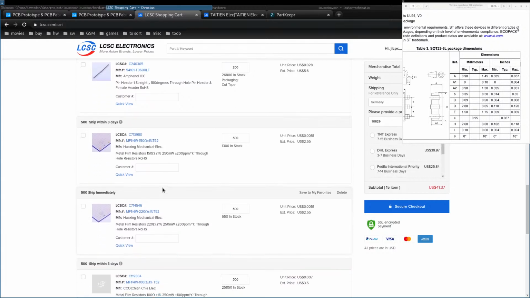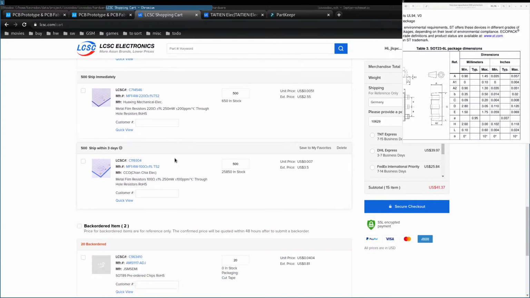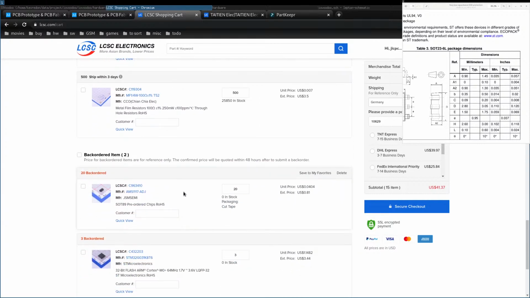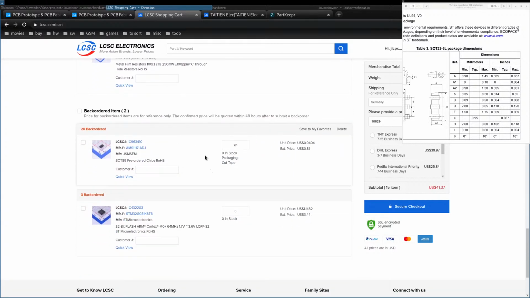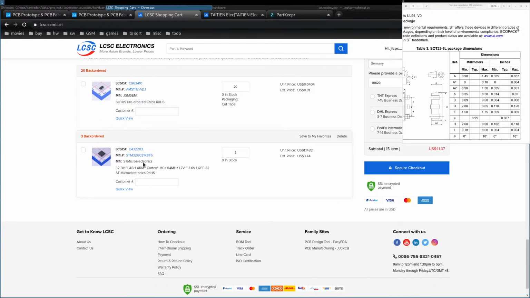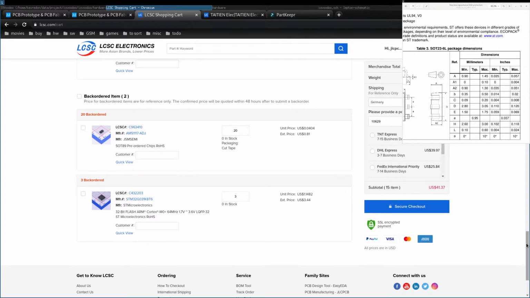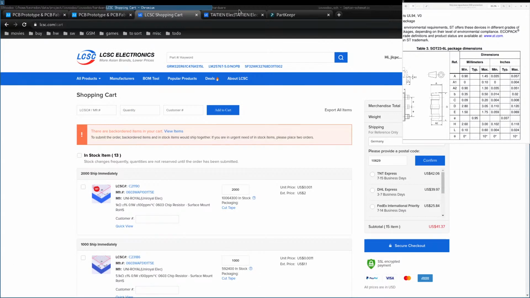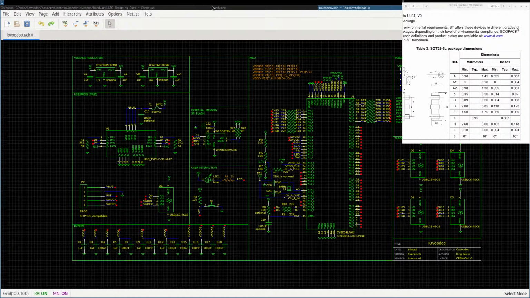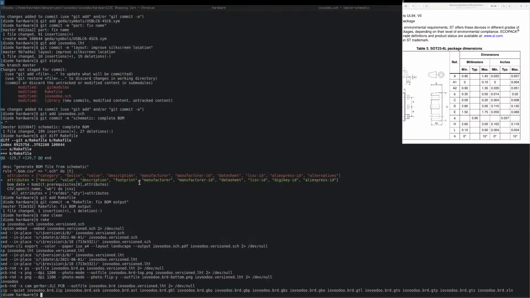Yeah, these resistors, I don't have enough of them. I don't have these values. And back orders, yeah, I don't want a back ordered one. What is this? Yes, I want some of those. So this is fine. Now, normally you should be finished with generation, and then you should have